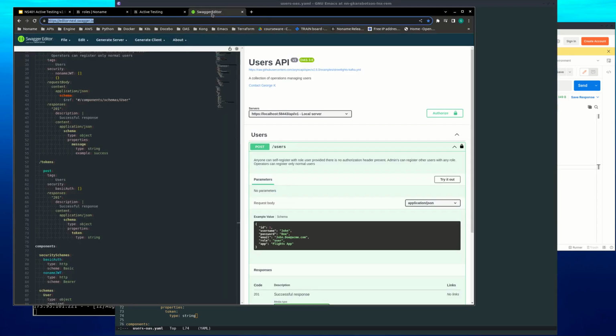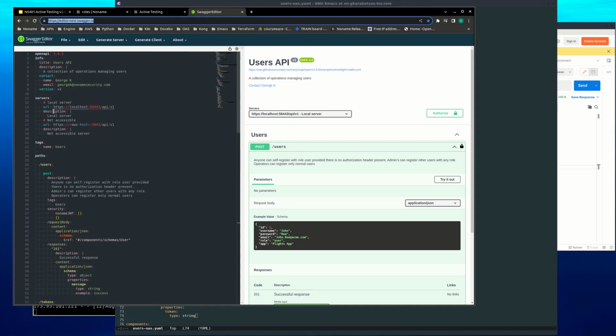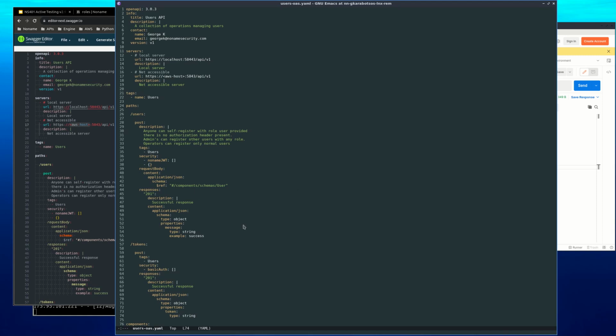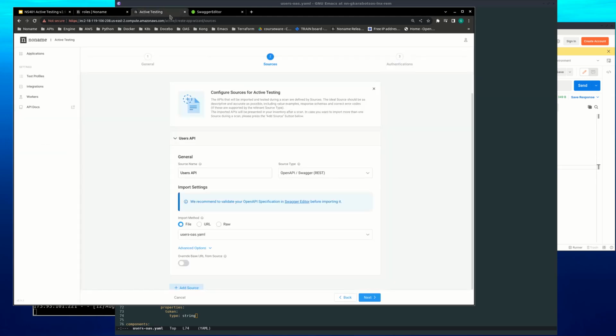If I go back to the Swagger UI, I have localhost and I have some angle bracket AWS host, which is not appropriate. By the way, if you're wondering which one of these will be used, it will be the first one. The first instance is the one that's going to be used because, of course, OpenAPI specification gives you the ability to specify multiple different servers. Yeah, so that's it at this level. Back to active testing,